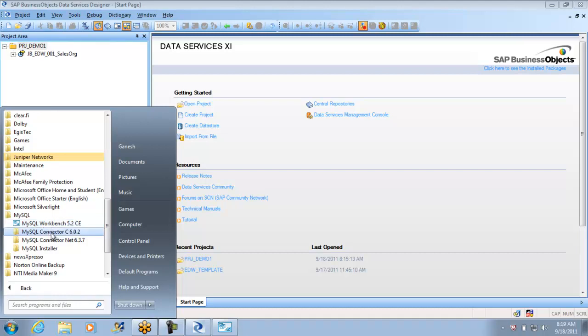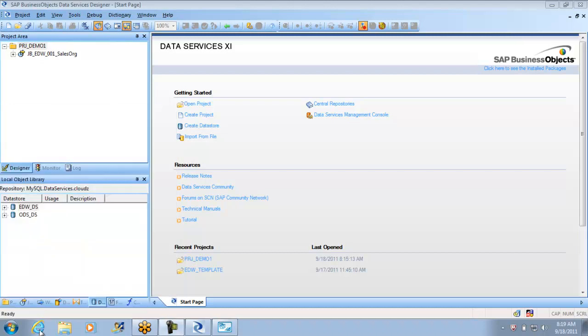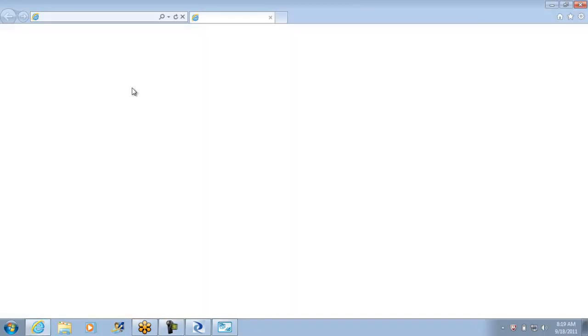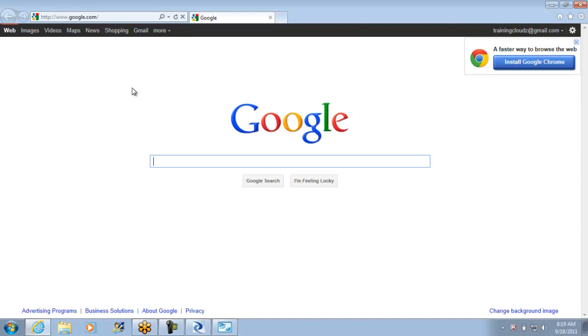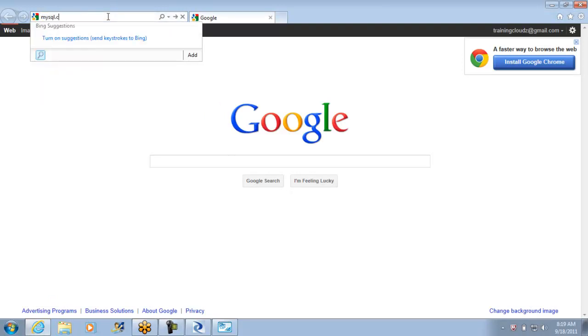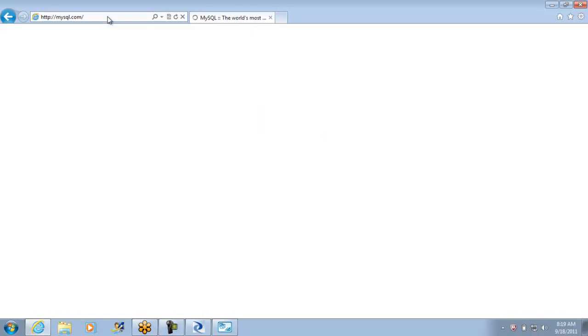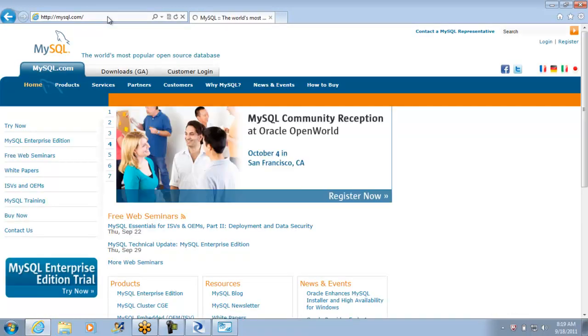If you go to mysql.com, let me show you something important. You can download it as a full package, but you don't need to install it as a full package. So in here, you go to downloads.